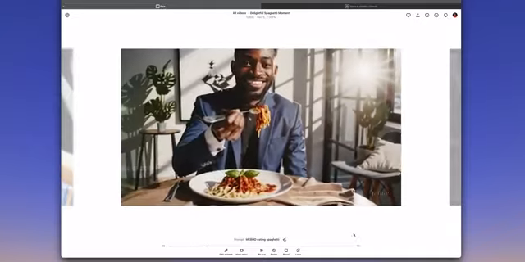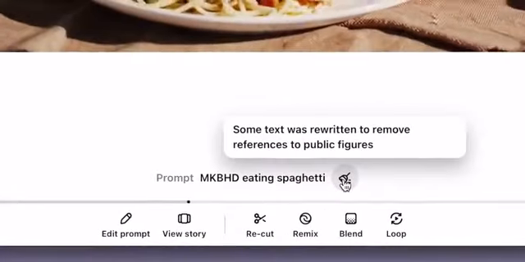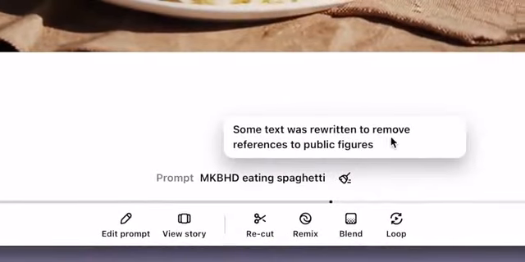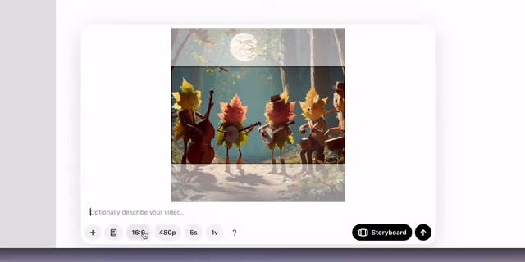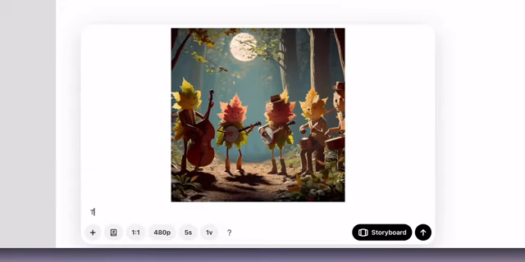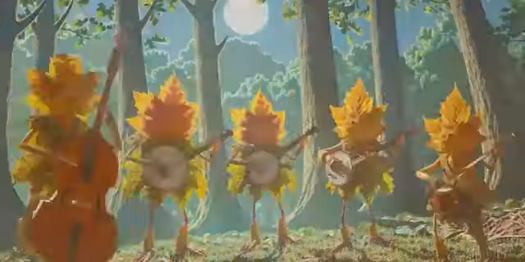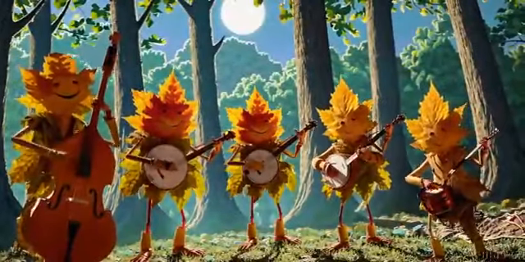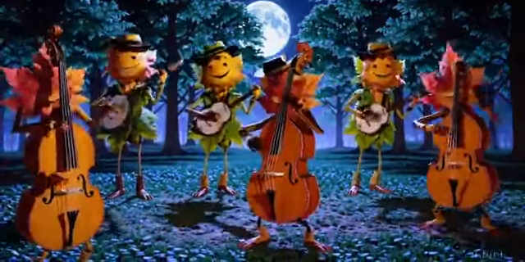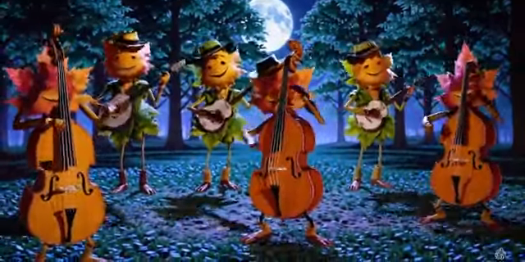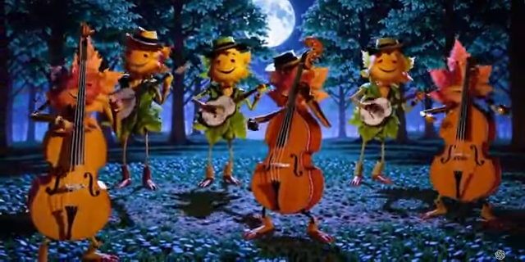It will also refuse if it thinks any subject you upload in the image is under 18 years old. Makes sense. But I did upload this AI-generated image, which DALL-E made, and asked it to make them all singing and dancing, and hit generate, and it totally did it. Again, it helps a lot that they're cartoon-styled and not some super realistic scene, but this is a totally AI-generated video.